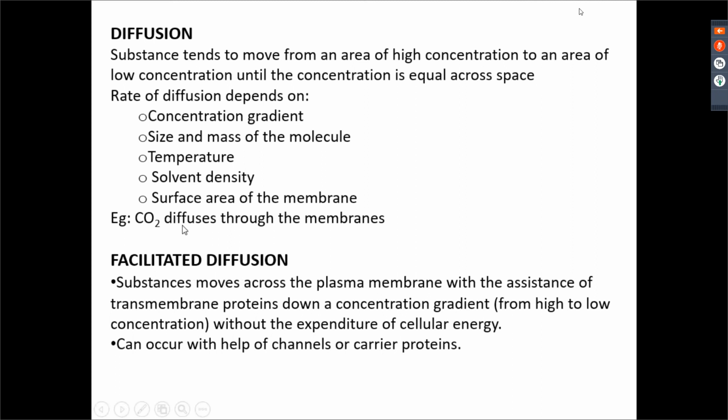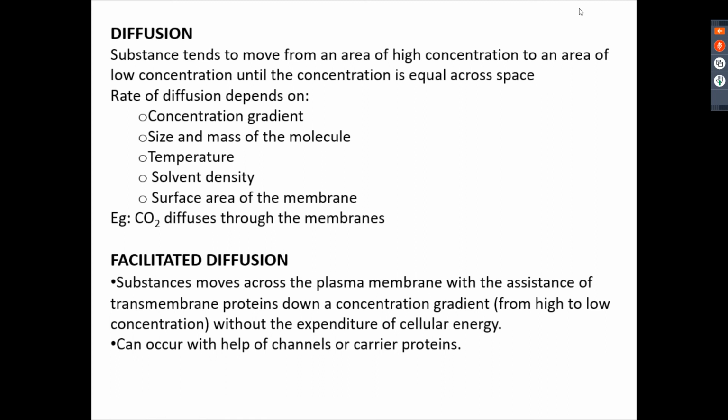Next, we come to facilitated diffusion. As I mentioned, the membrane has a hydrophobic core and therefore usually lipid-soluble molecules are able to diffuse. But what about the molecules that are not lipid soluble? If they are also present in unequal concentrations across a membrane and if they have to diffuse, then you need a protein which will allow the diffusion, and then it is called facilitated diffusion. Simple diffusion is when no protein is needed, the molecule simply crosses the membrane. But in facilitated diffusion, you need the help of some protein or some channel, some transporter, which will allow diffusion.